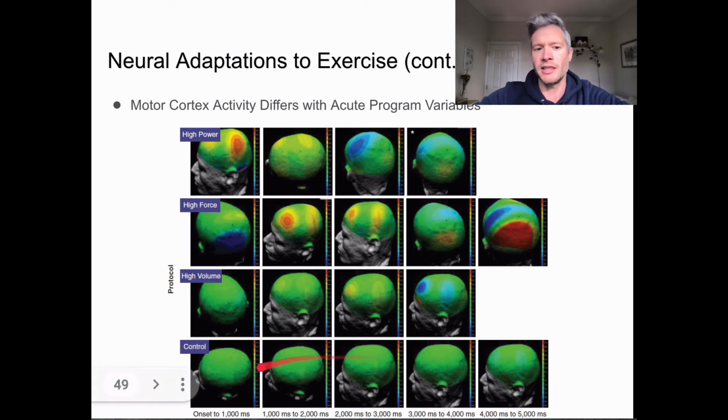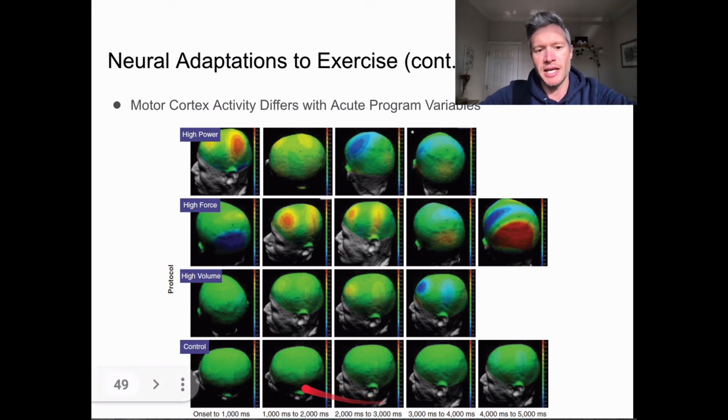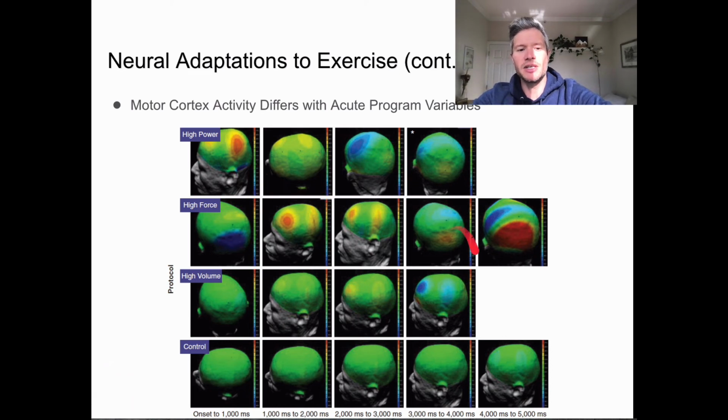Okay, the control is anything green. So when you're reading or looking at images like this, green just means nothing, and we can tell because the control is all green. And so what they do with these is on top of just a baseline, they kind of zero out the scale, so to speak, at this control activity level, and anything above that is what gets highlighted. So again, when we see red, that's highly active, blue is some activity, and